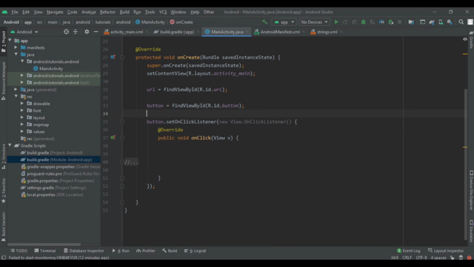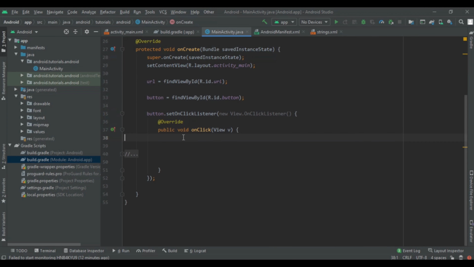Now here is the main part of this video: how to download an image by entering the image link, or you can say an online image downloading app. So we are going to use the Dexter library for the implementation of runtime permission, and I also showed you runtime permission in my previous video. If you have not watched it, you can learn from that tutorial also.